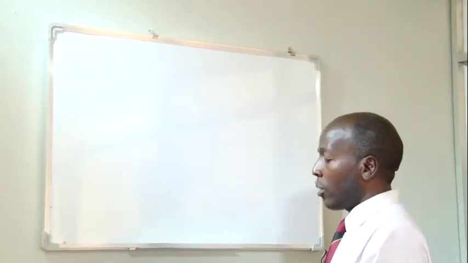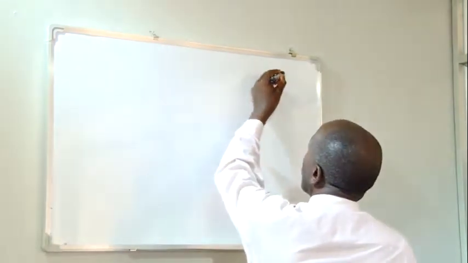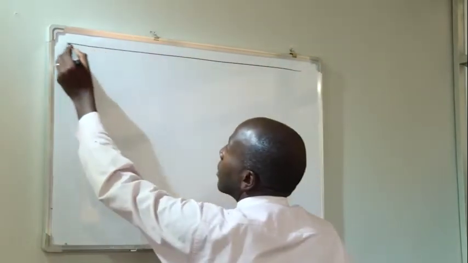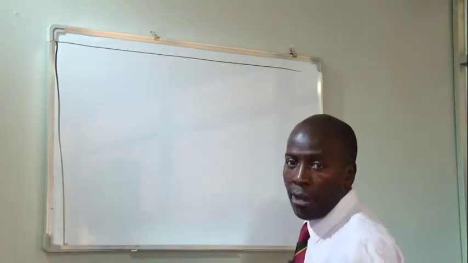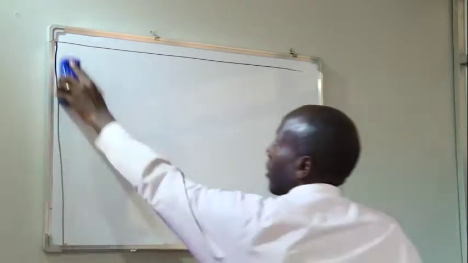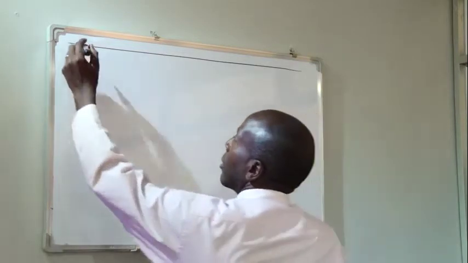So when you are reviewing literature, it's good to have a table. It may be an Excel table, it may be a Word table, but it's good to have a table. And the table has various